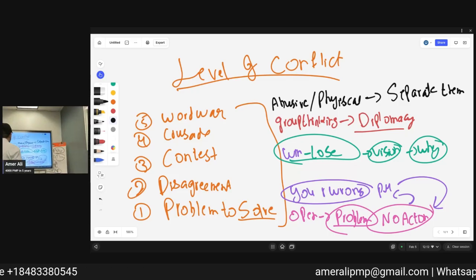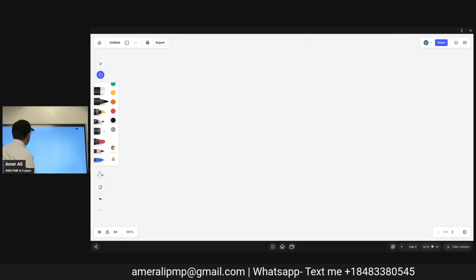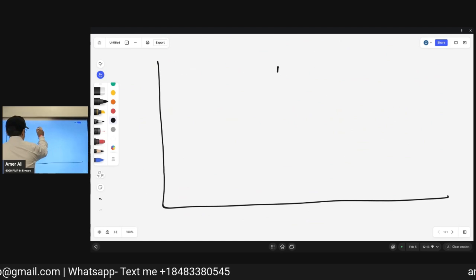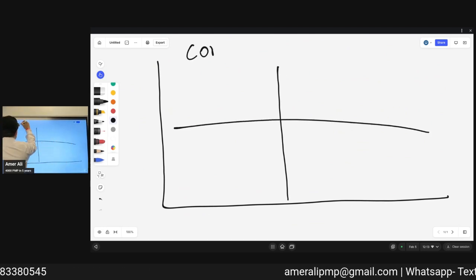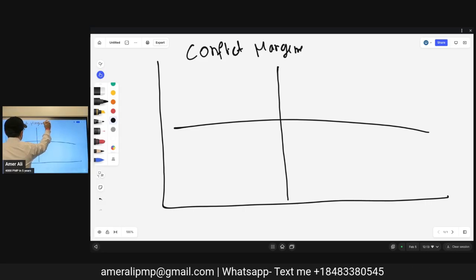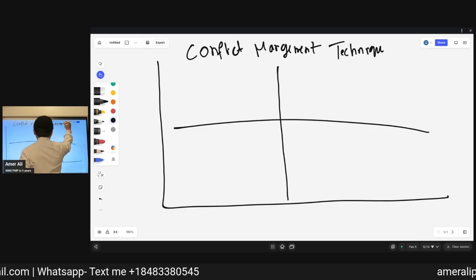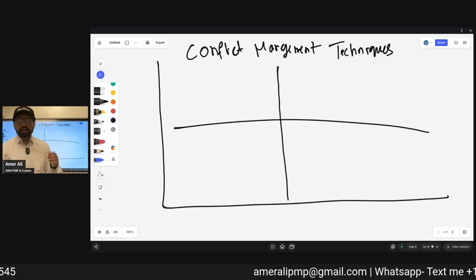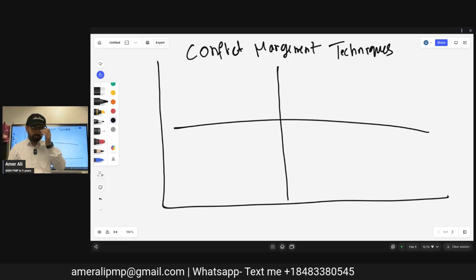5 levels of conflict. Now, once I know the level and we have ground rules, I go through conflict management techniques. It is practically impossible that you don't get a question in the exam from this topic. Cool down is level 5, Tamina. We let them cool down, that is level 5.